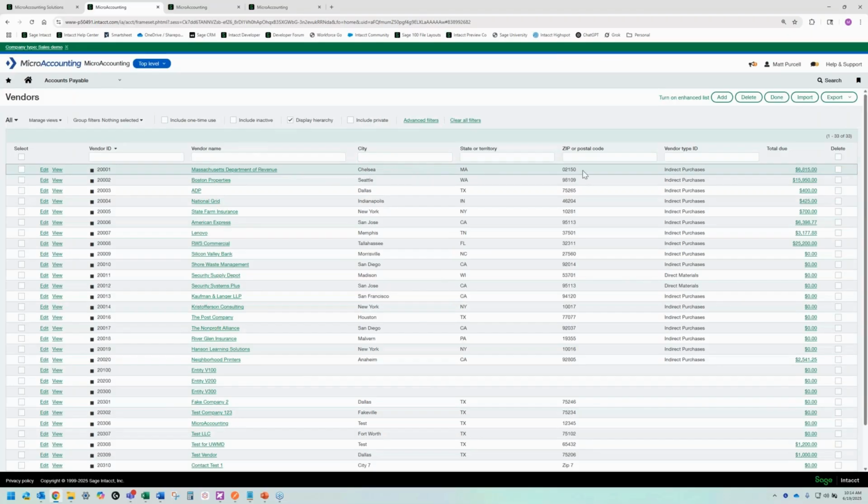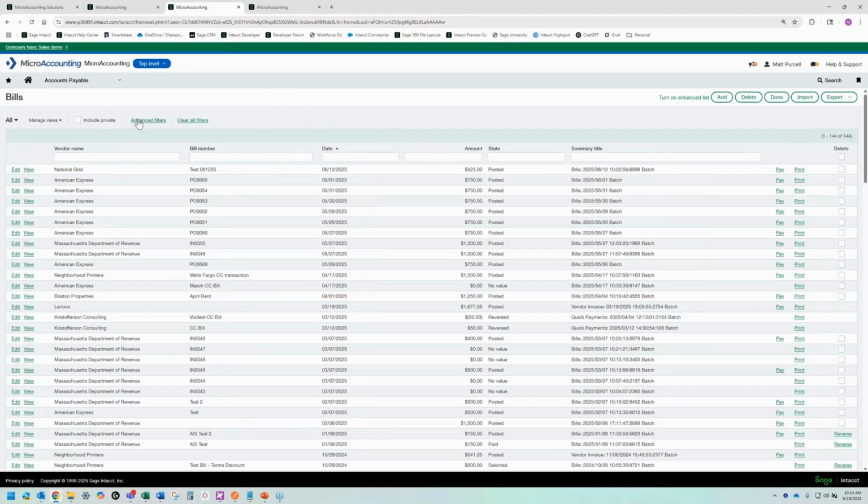Alrighty. So then last thing with these standard list views, and this applies to really all list views, whether you're using the standard ones, custom or enhanced, you have this option up here in the top right corner to export these. Like I mentioned earlier, a lot of our clients end up using these different list views as actual reports. So sometimes it's really helpful to come in here, and if you just want to see all of your open bills, you can create a custom list view and then export that out to Excel.